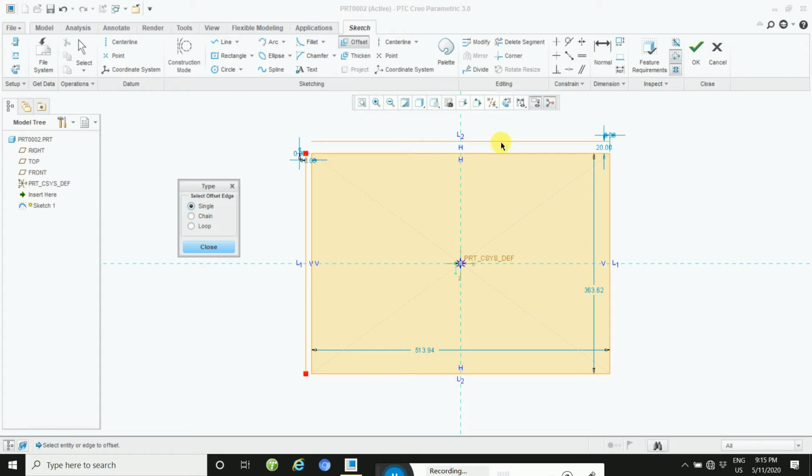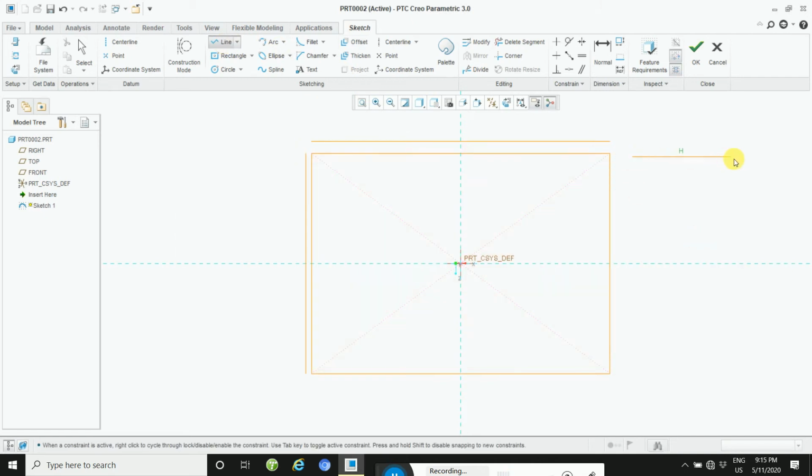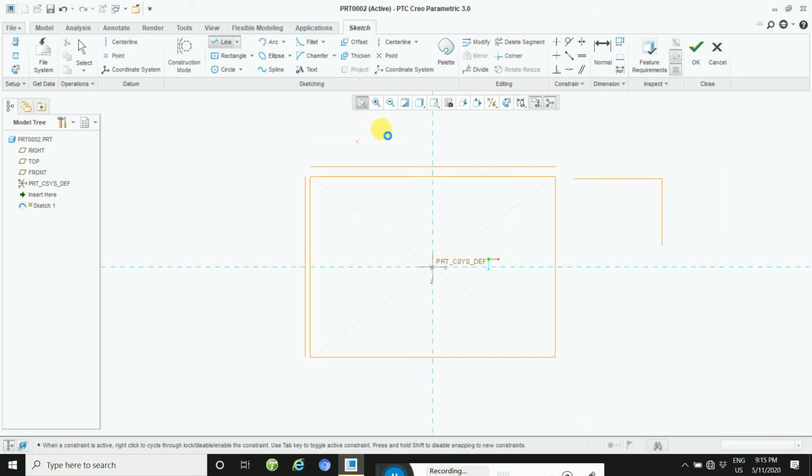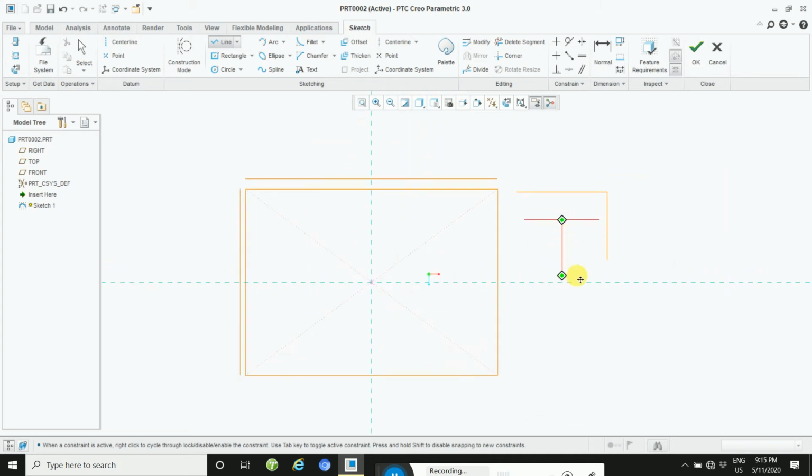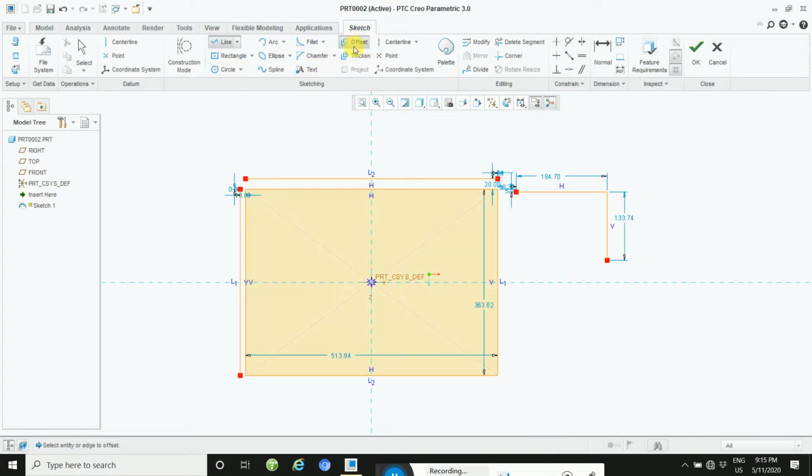Single means you will select a single line, so if you put 20, this line is offset by 20. And then again apply: take a single line, see here, and then again select this and apply the offset.